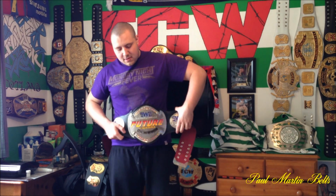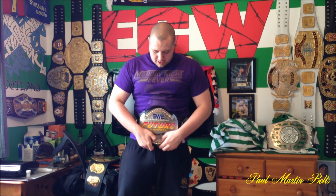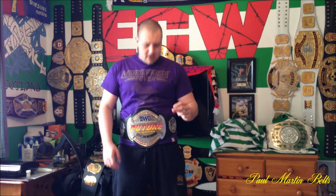I'll put it around the waist now. Oh, I hate belt tips. They make it a bit more difficult to snap together belts. There we go. So you can hear it snapping together nicely, so it should be no problem for anyone else. Like I said, it's a reasonably small belt. I don't think it's overly small. What belt can I compare it to, actually? I think it's about